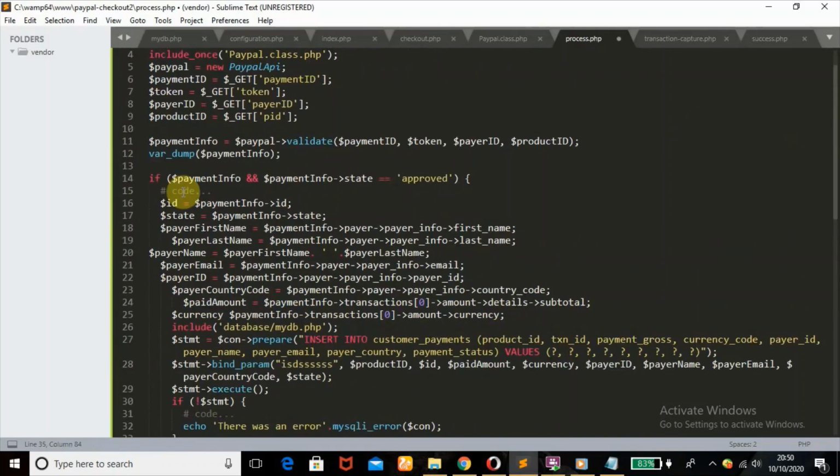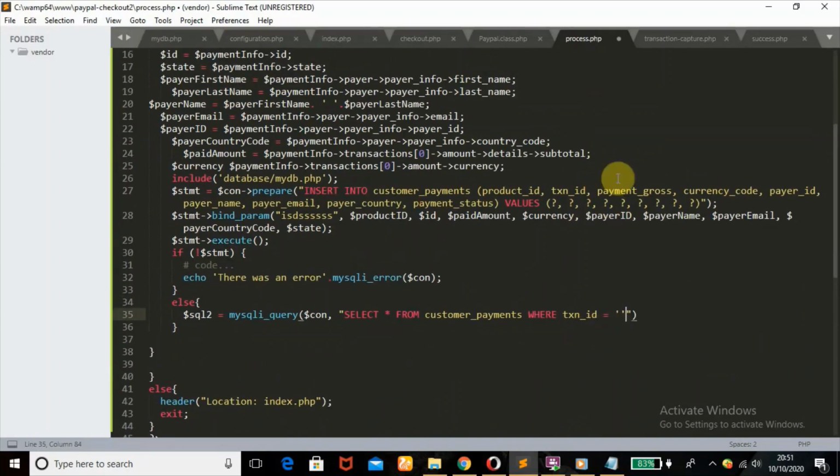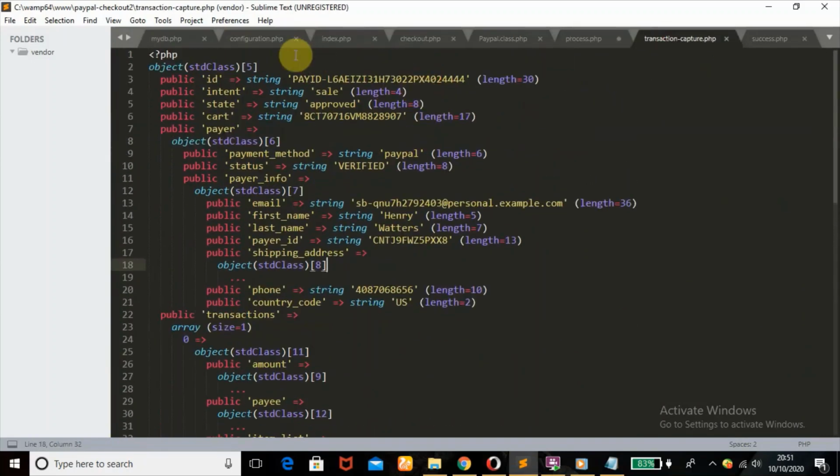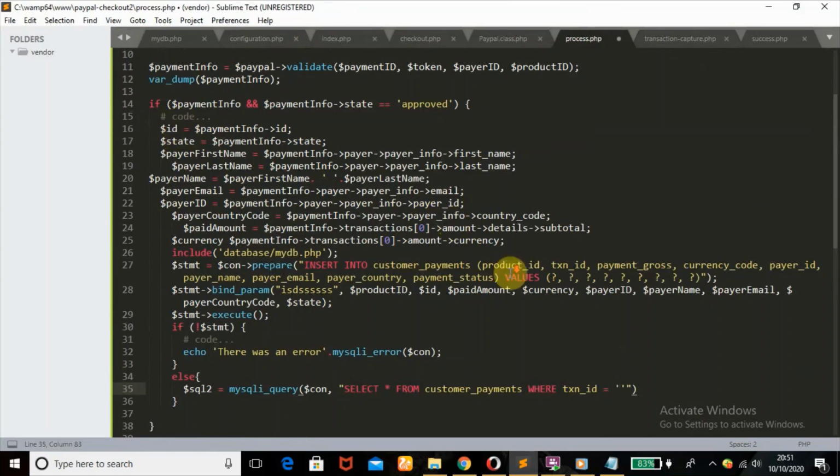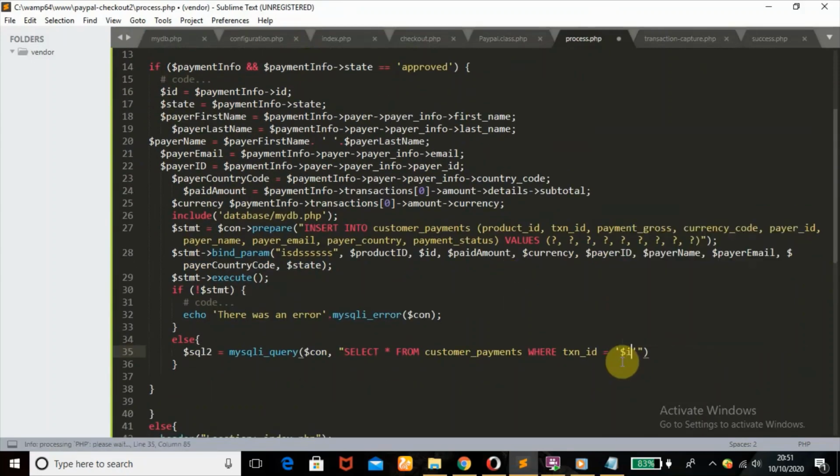Our arch ID, right? This ID that's being fetched from PayPal. So we're going to check for that ID in our database. This is the variable we are passing there now. So arch ID